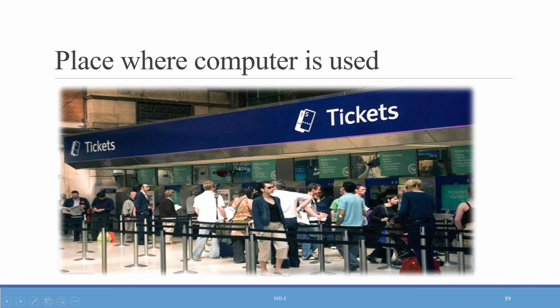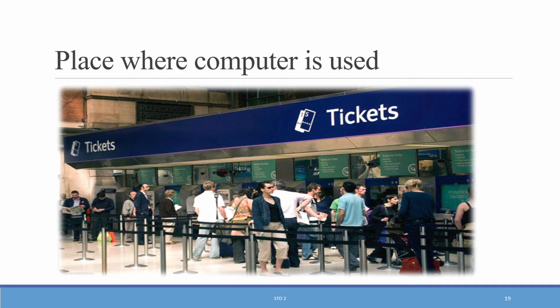Now see this next picture, ticket. You can see here, writing the spelling of ticket. So this is the ticket window of a railway station. So many people are moving here and there to book a ticket, to get a timetable or any schedule of train. So here also a computer is used to book a ticket, to cancel the ticket, right? We can use our mobile application for booking a ticket, but in the railway station we use a computer for this purpose, to book a ticket, to cancel a ticket, right?